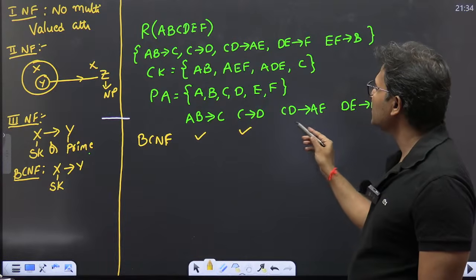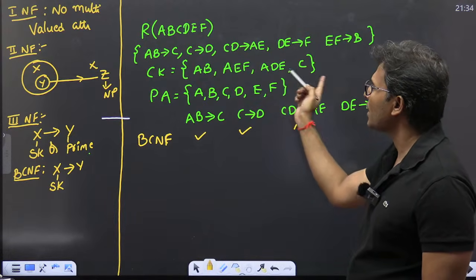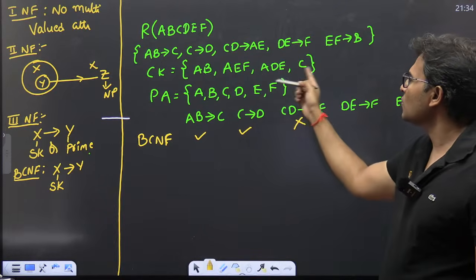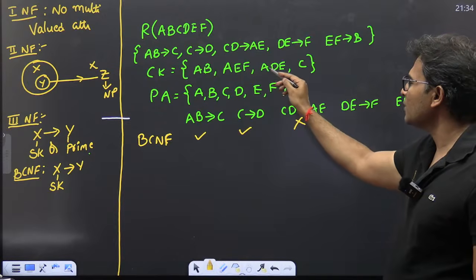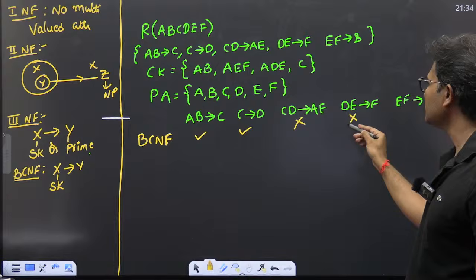And what about CD? It is not a super key because you can see that there is no CD here. Two attributes are only AB. Now what about DE? DE is also not a super key because ADE is a candidate key. You need A definitely to make DE a super key. This is not in the